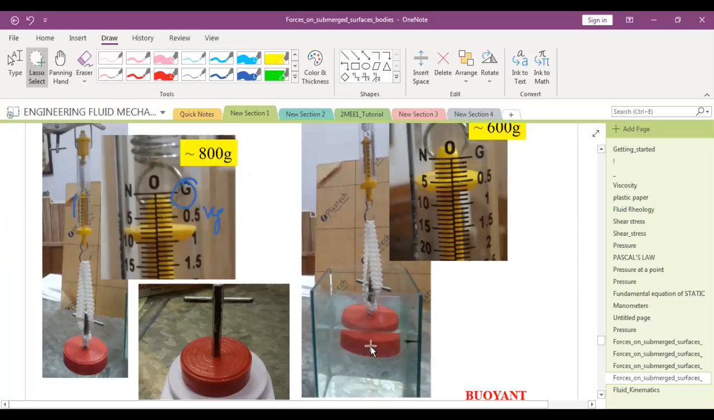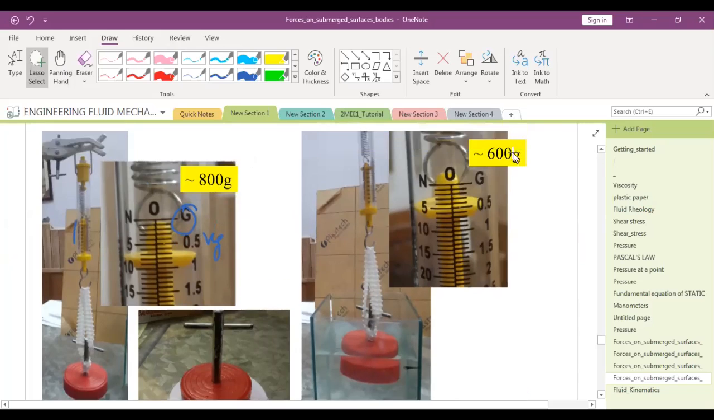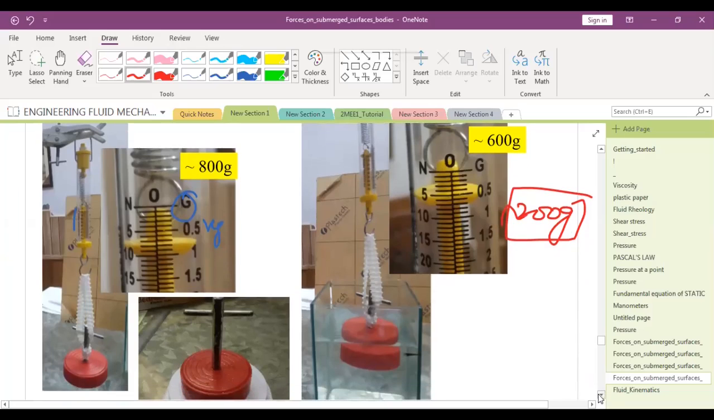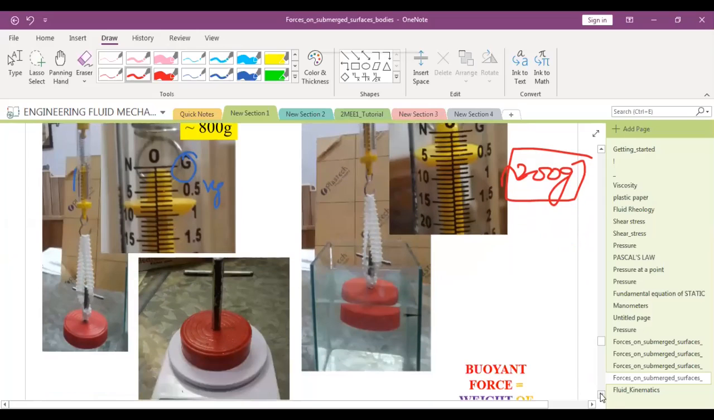Now when I immerse this in liquid, the spring balance measures only 600 grams. So 200 grams is actually nearly the weight loss. And this should actually equal to what? Buoyant force. और ये किसके बराबर होना चाहिए? वेट ऑफ द लिक्विड